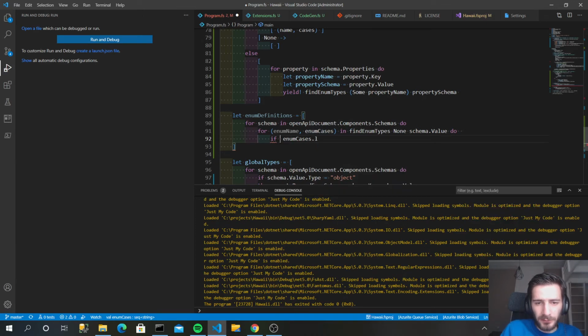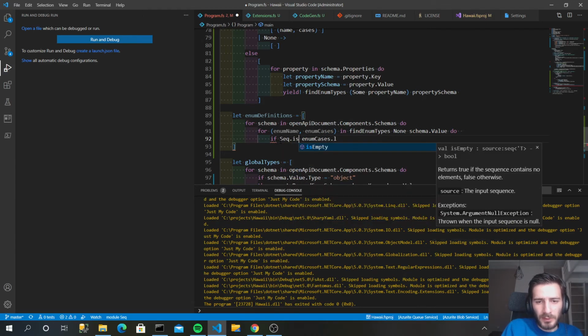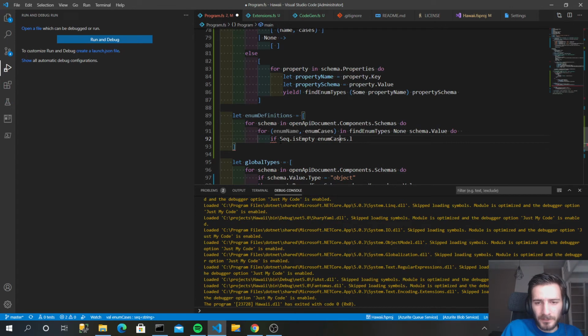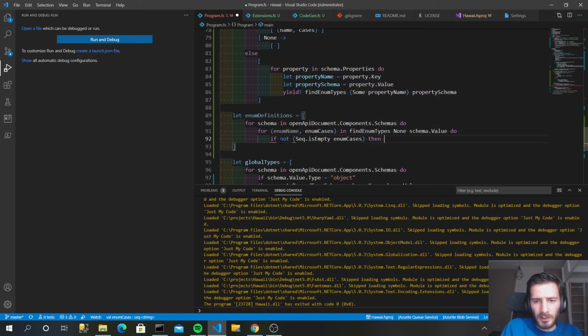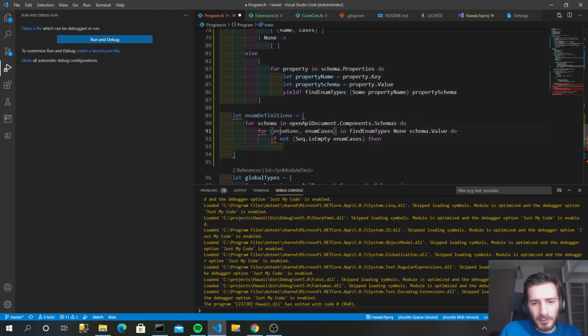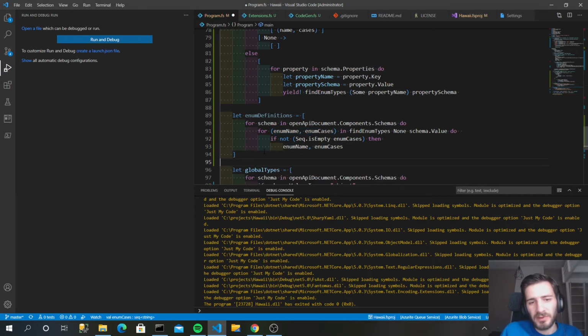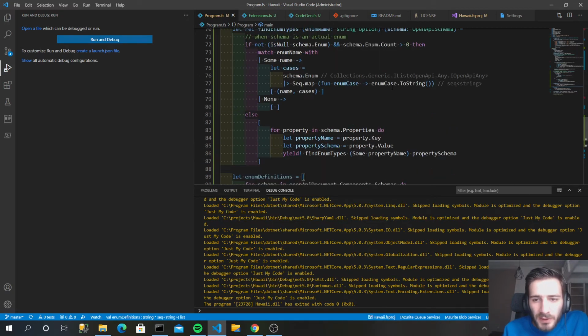Okay, so if sequence is empty, of course I mean not is empty, then return this tuple, something like that. So now I don't get empty enum definitions, but still we need to fix the fact that